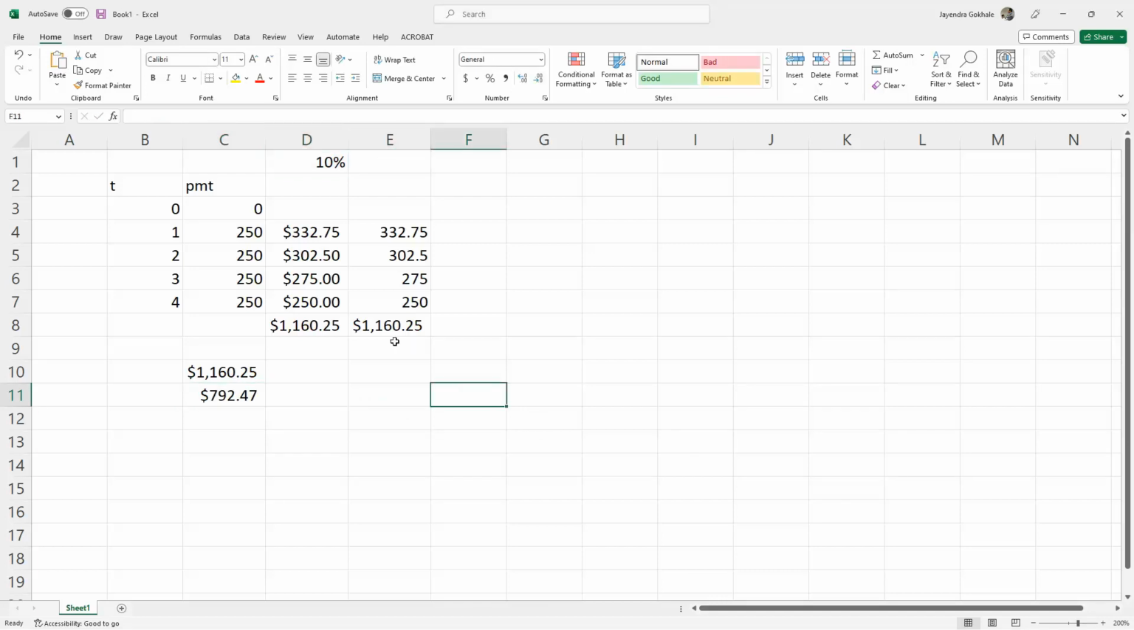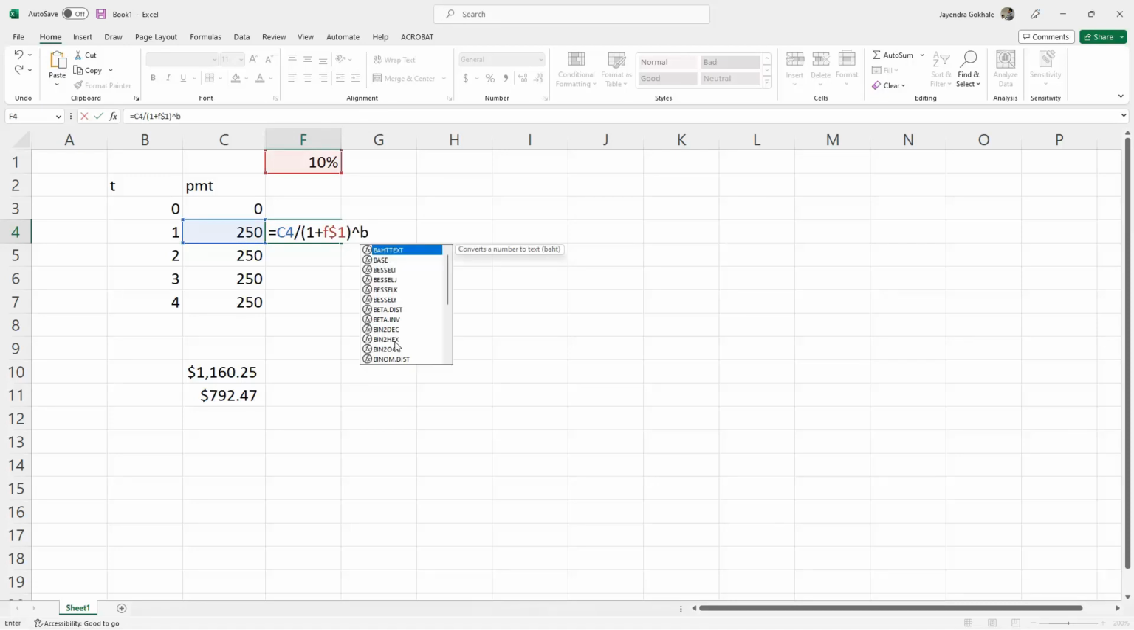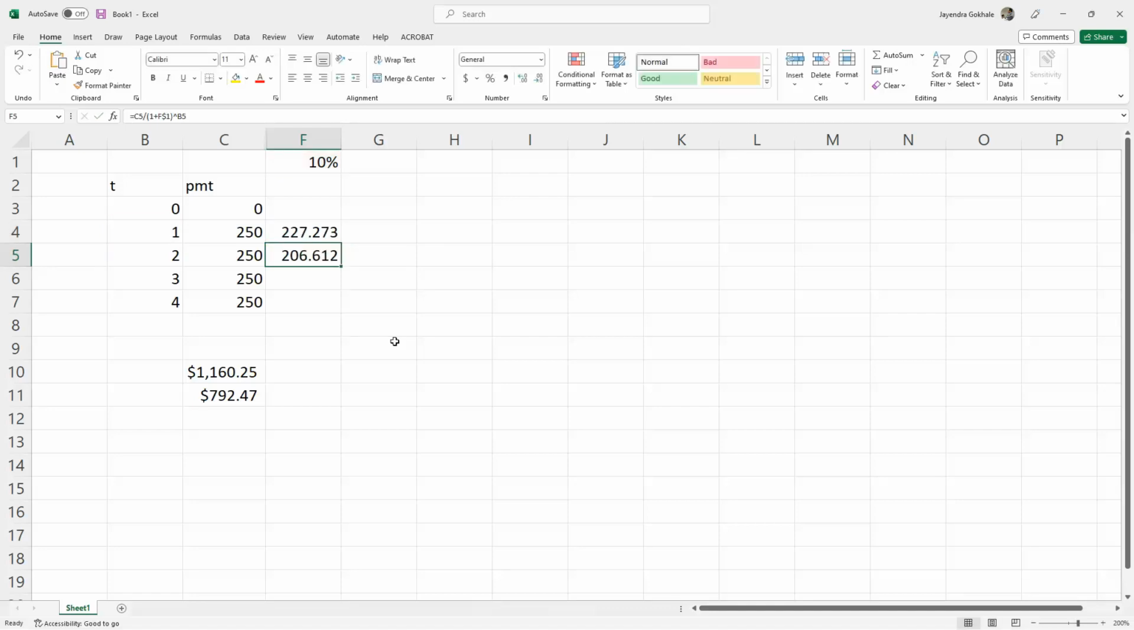Now, could we have done this here? Of course we could have. So equals this divided by, let me remove the confusion. So I'll just hide these columns. So equals, but put the 10%, right? Equals this divided by parenthesis 1 plus $1 to the power of B4, the number of periods. So we discounted by 1 period, discounted by 2 periods, 3 periods, 4 periods, add them up, answer is the